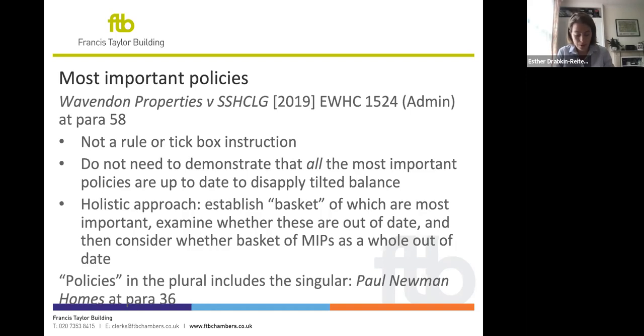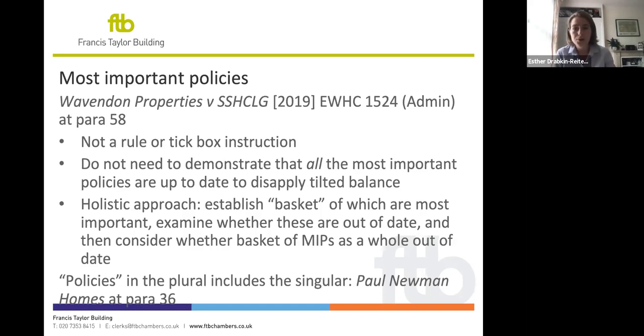Following the close of the inquiry, the Secretary of State recovered the appeal for his own determination and found, contrary to the inspector, that a 5-year housing land supply could be demonstrated, and refused planning permission on that basis. Ultimately, the court quashed the Secretary of State's decision because he had failed to give reasons for this difference on 5-year housing land supply. But the case also gives us some quite important guidance on how to work out which are the most important policies when considering whether those policies are out of date as a trigger for the tilted